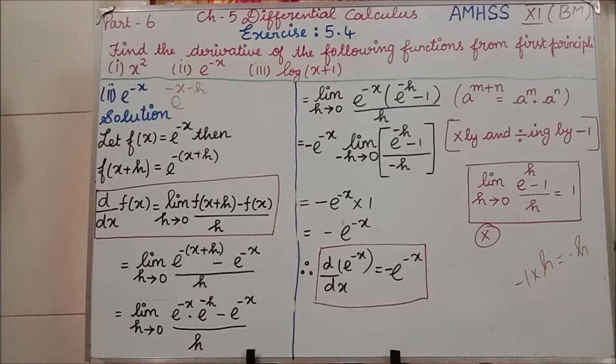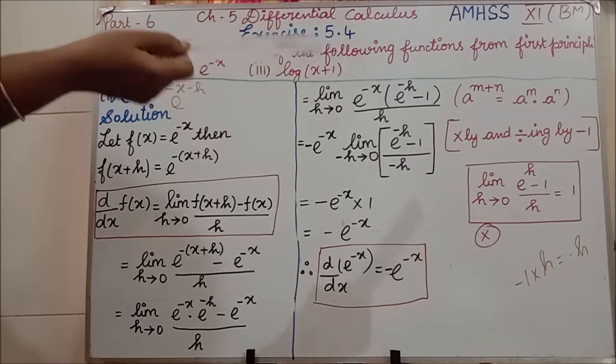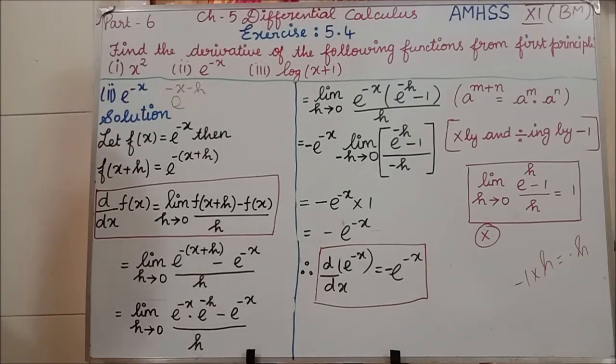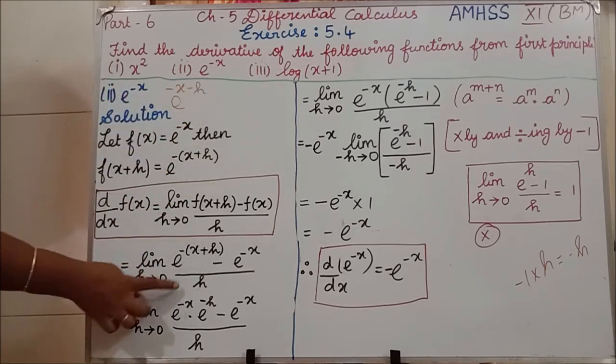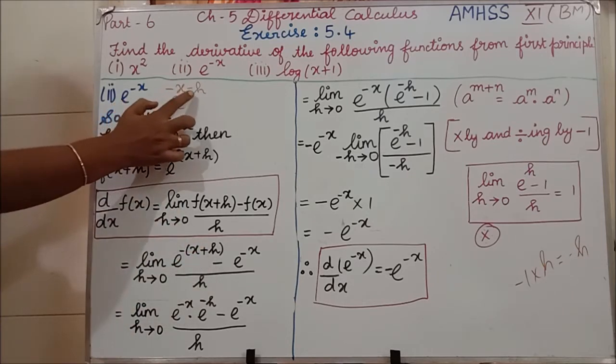But if you see, I have written one formula. In 8th standard you have learned this in exponents and powers. a power (m plus n) is equal to a power m dot a power n. Here, if the powers are added, we can write them separately as multiplication of the powers. Clear? In the same way we are writing e power minus x minus h. If minus goes inside, it will become minus x minus h.